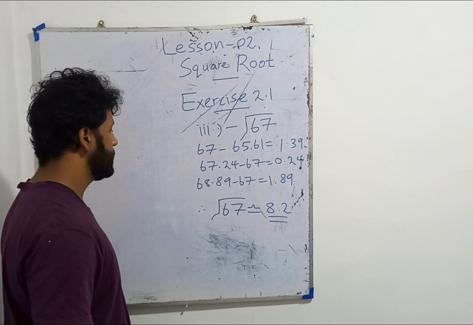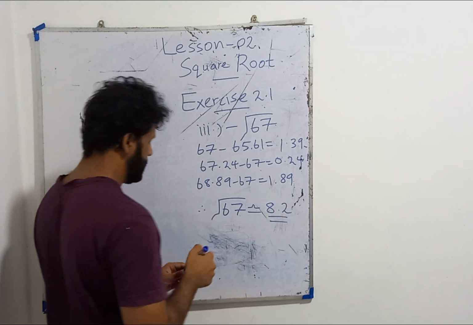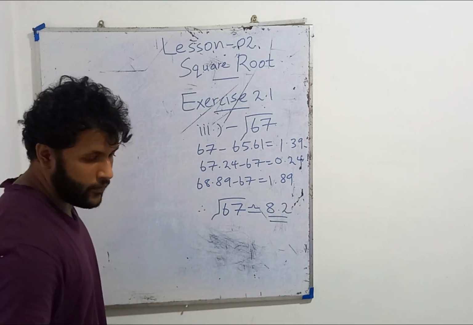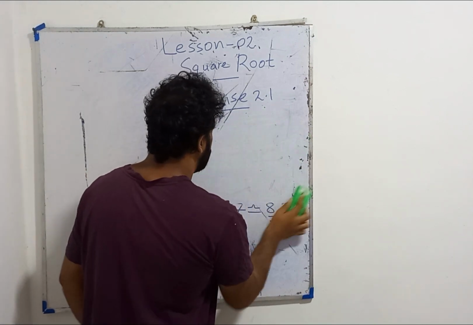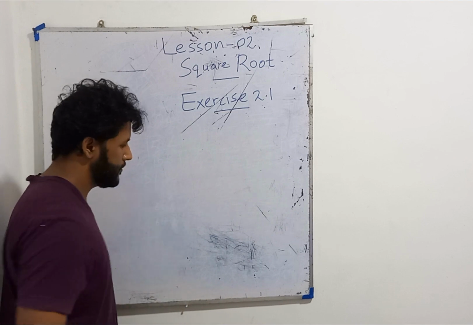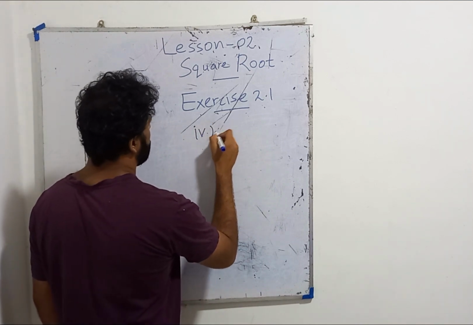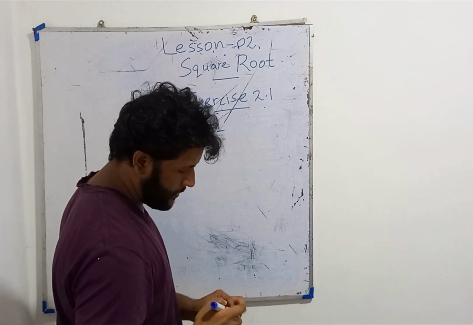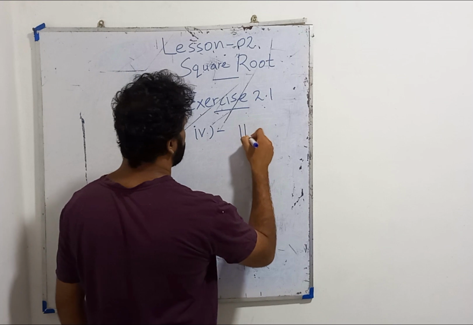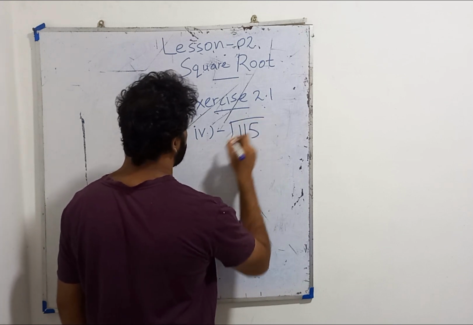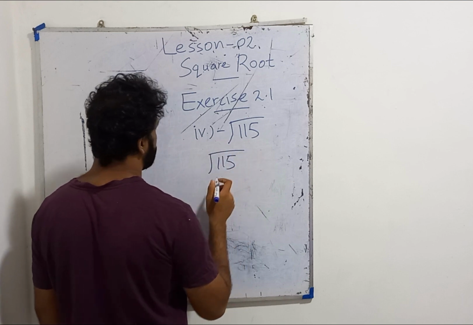This is okay. Let's go to Roman number 4. Roman number 4, the square root of 115. Simple again. Now, 115 lies in between